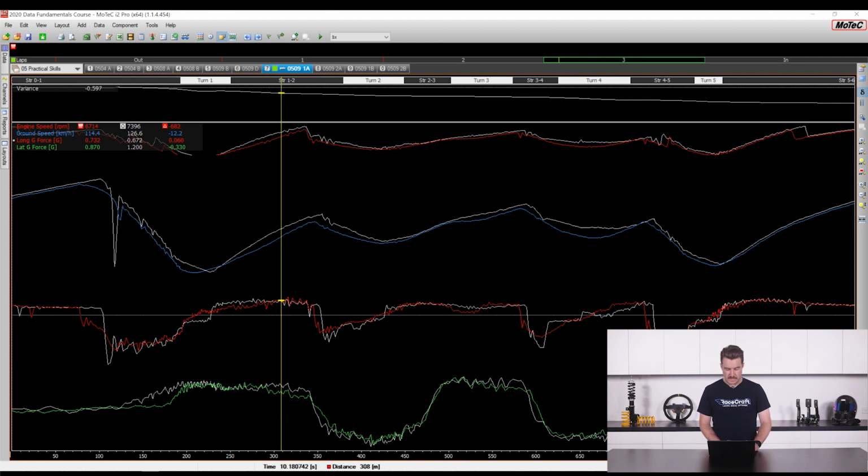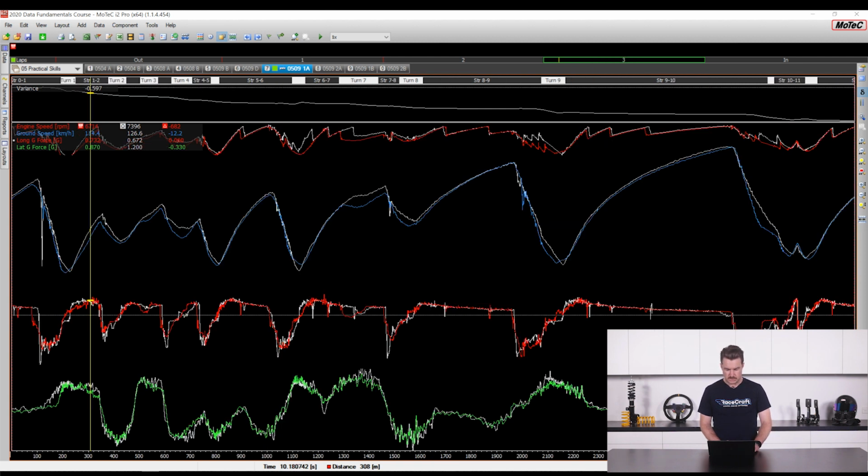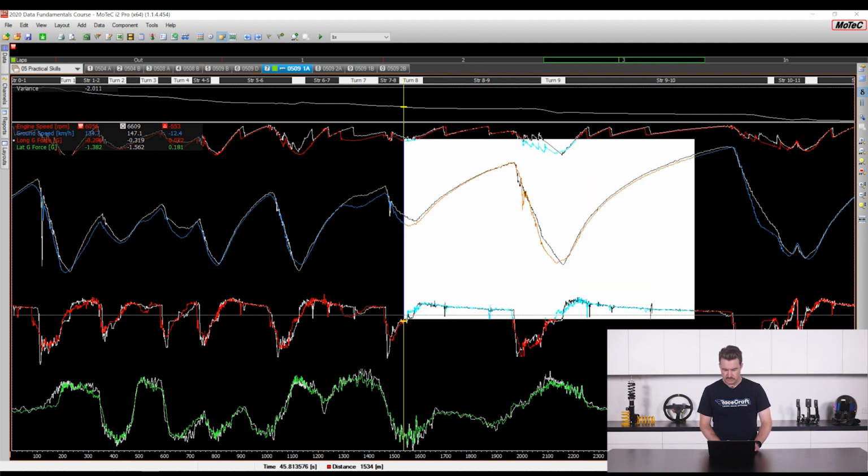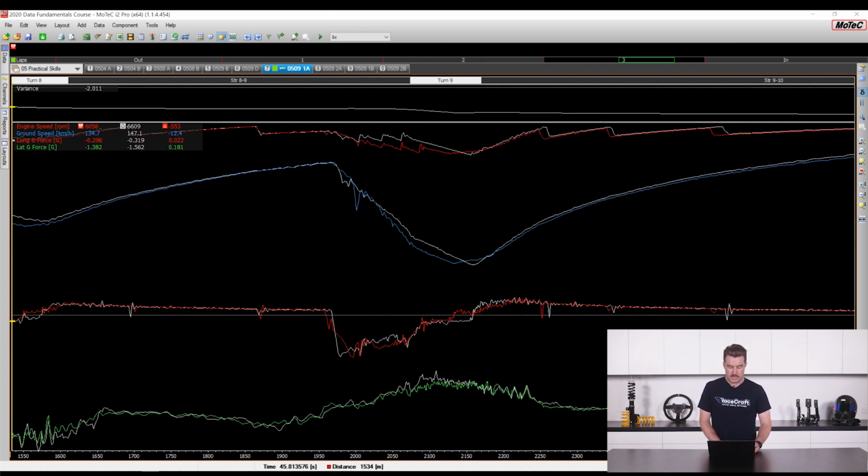So I'm just going to zoom back out and look at the next point in the lap that I wanted to discuss, which was the turn 9 section. So I'll just zoom to this section here. Again, looking at the speed trace, we can see that the amateur is losing the majority of their time in the second part of the braking phase.